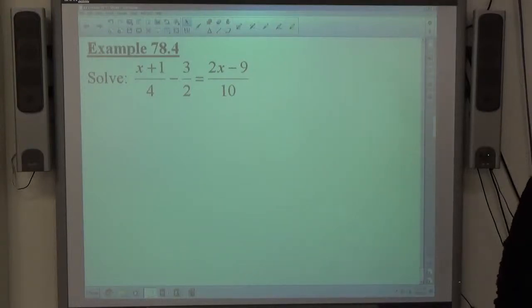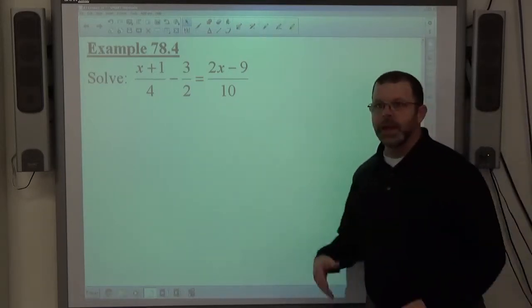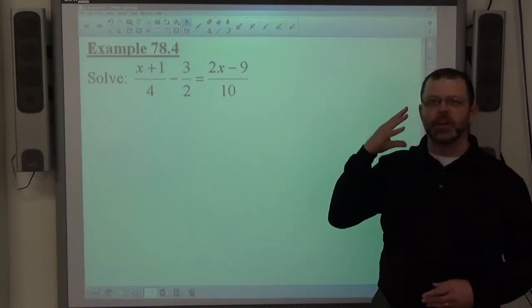Okay, our final example, x plus 1 over 4 minus 3 over 2 equals 2x minus 9 over 10. I'm going to pick on writer. What is the least common denominator of 4, 2, and 10? 20, perfect. All right. Again, least common denominator, all you have to do is think to yourself something that divides